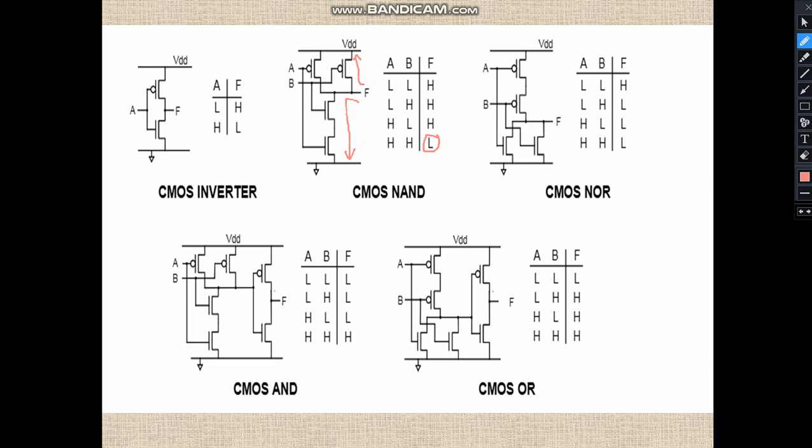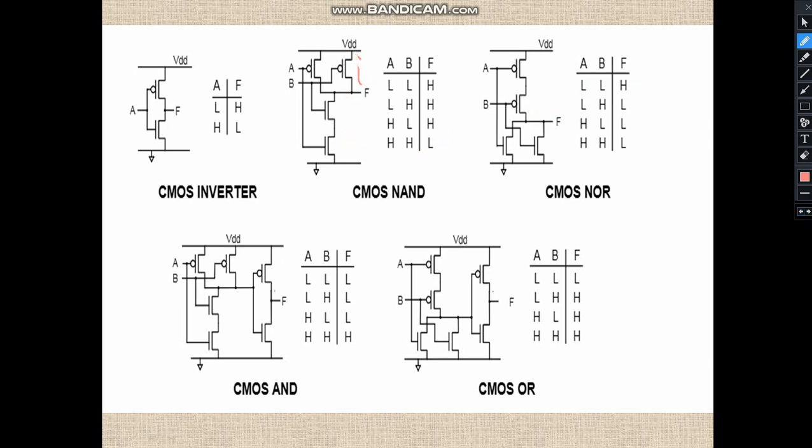In the same way, we can implement the CMOS NOR gate. Because we are implementing the NOR operation, we connect our inputs A and B in parallel, and the PMOS will be connected in series. If two gates are in parallel, and any one of the inputs is 1, it will behave as a short circuit, and your output will be connected to ground. For the 0 0 condition, both NMOSFETs will be in off state, your PMOSFETs will be in on state, and your output is connected to VDD, so your output is equal to 1.